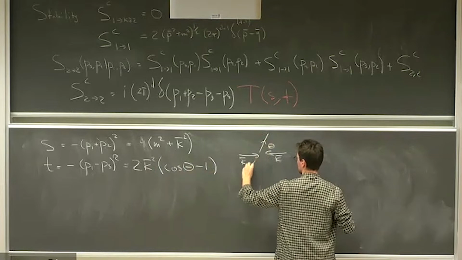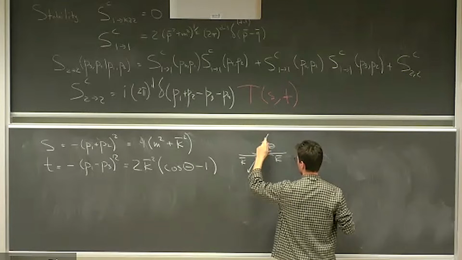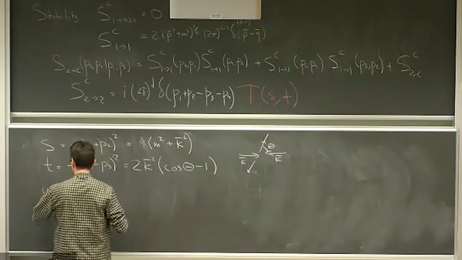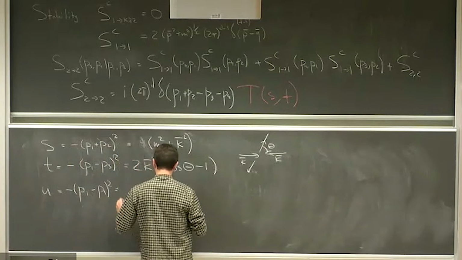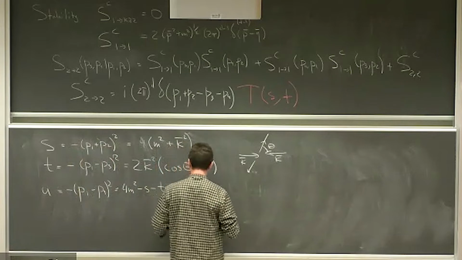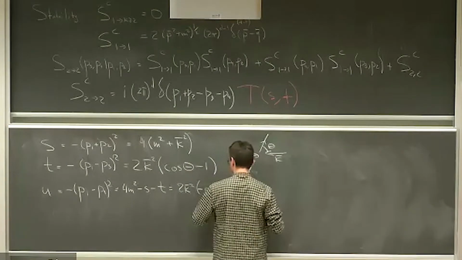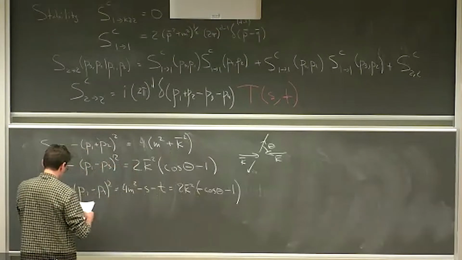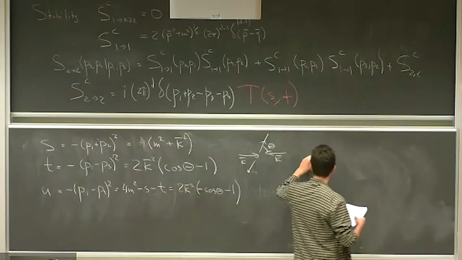So here the particles have momentum k. They scatter to the same momentum k, but now with the scattering angle theta, which is here. And finally U. And that is equal to 2 squared minus theta minus 1. Now, in terms of Mandelstam invariants, the angle